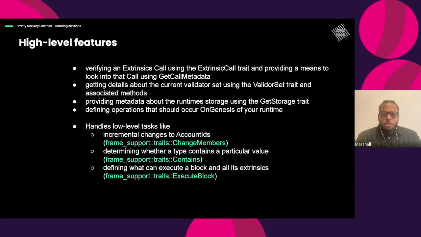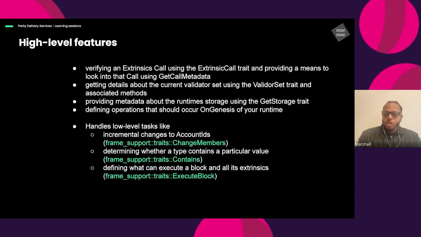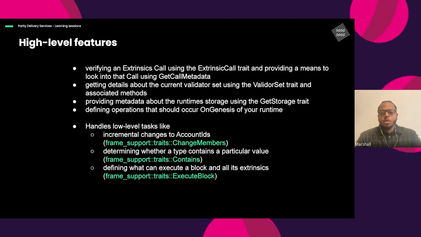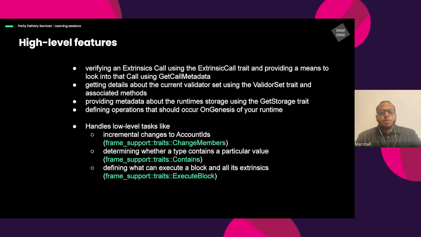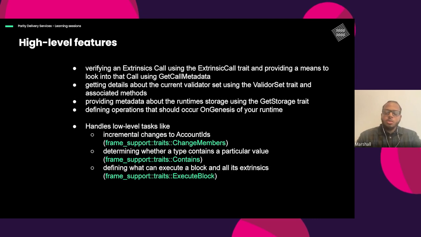It also allows you to define operations that you want to occur on genesis of your runtime. So if there's some sort of special logic that you want to happen on genesis, you can define that using some of the traits within this palette. So these are common things that a developer might want to do, inspecting an extrinsic or getting some metadata about some value that you received or some value that was called, or just inspecting the chain itself in the runtime. And it also handles other low-level tasks like incremental changes to account IDs, determining whether a type contains a particular value,